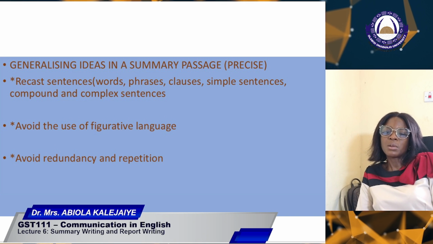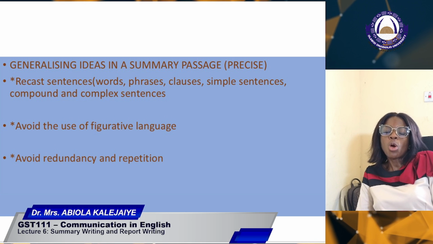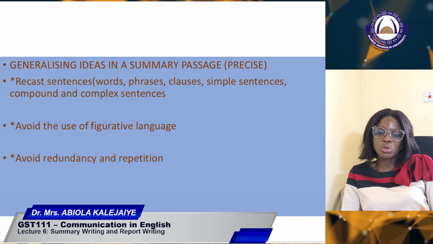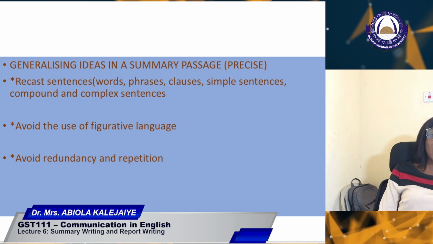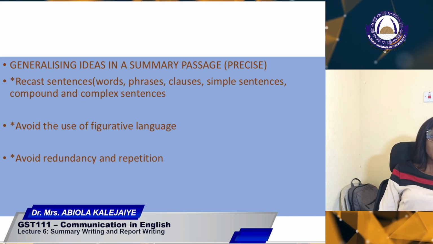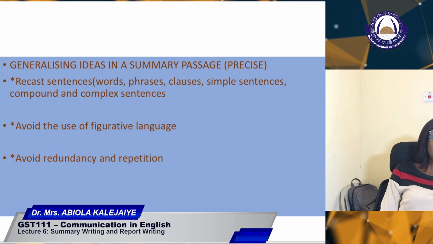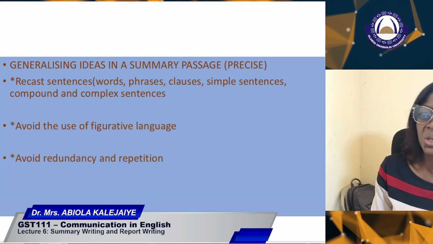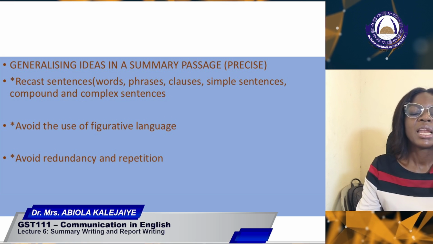If you have seen that in a passage, the writer would have written that to show how that person smiles. When you are writing a summary, you are not expected to tell us how the person smiles. Yes, she loves to smile. I can say Sophia is a very pleasant girl. She smiles at anyone she comes across. That is simple enough. I don't have to say she smiles like the morning sun. So when you're writing, you have to learn to avoid figurative language.